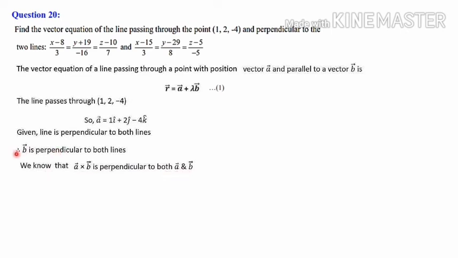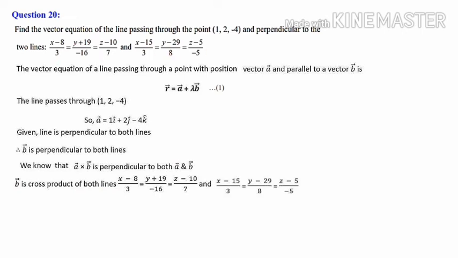So here this is our condition what we have learned. This is from the question what we are writing. This vector b and this vector b, don't confuse. If you don't want this step, no need to write, because this is just a result which I want to recall from the previous knowledge. For that only I am writing this one here. So if you don't want to write, no need to write. Don't confuse this and this vector b. Here vector b is the cross product of both the lines, this line and this line. So let's find out the normal.